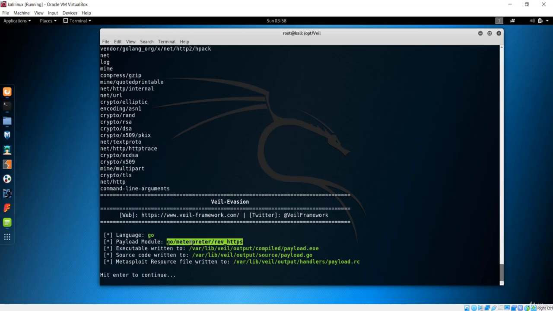You can clearly see it says meterpreter. This is the framework that is going to give us some handler in order to communicate with these Kali machines.